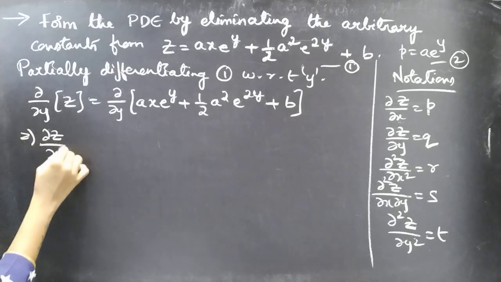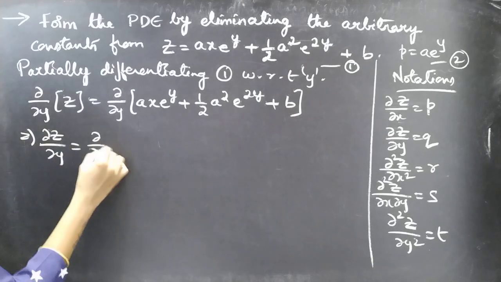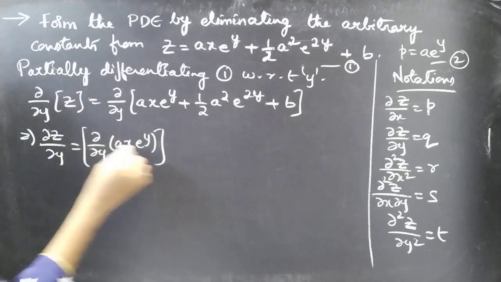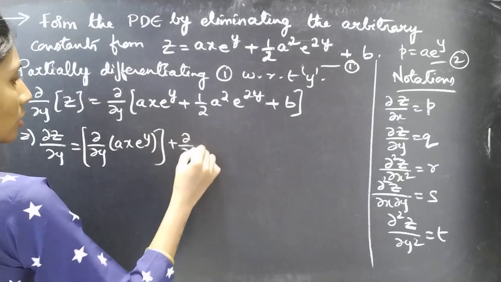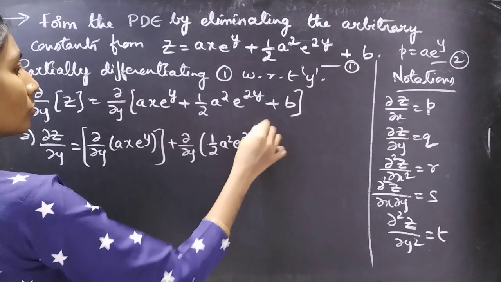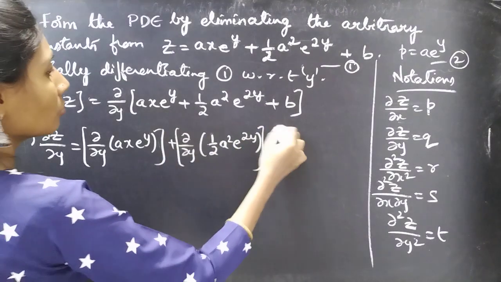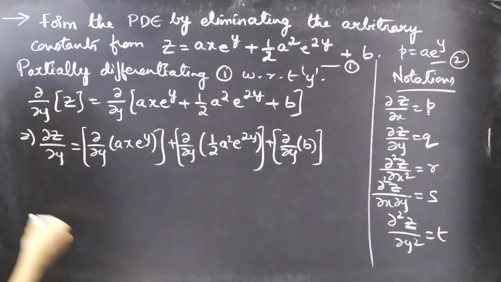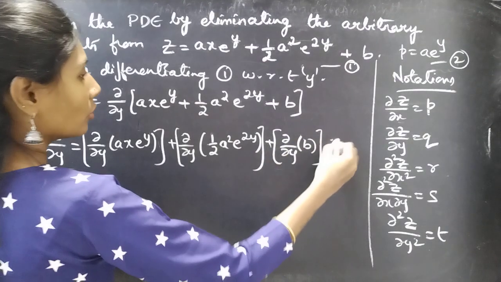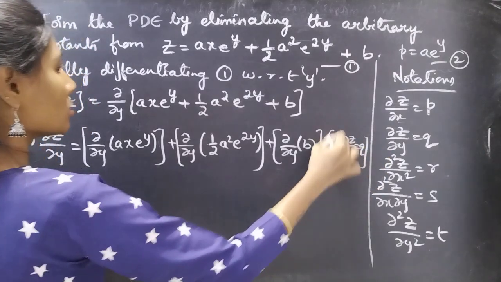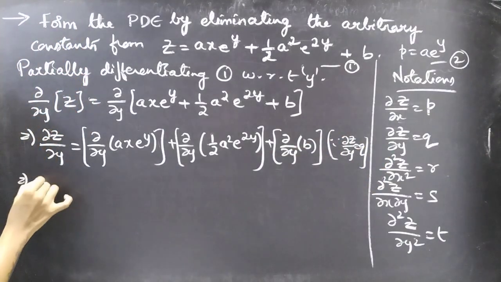This gives us dou z by dou y equal to the partial derivative of the first term with respect to y, the partial derivative of the second term with respect to y, the partial derivative of the third term with respect to y. Since we have the notation dou z by dou y equal to q, we'll replace the LHS by q. We'll get q equal to